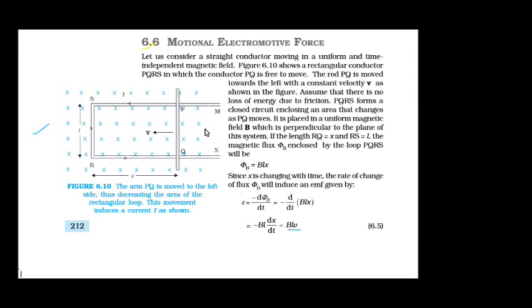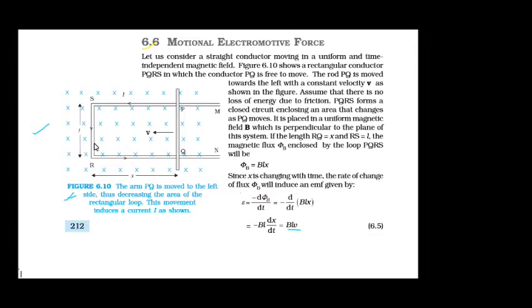Today we'll start with section 6.6 Motional Electromotive Force. Let us consider a straight conductor moving in a uniform and time independent magnetic field. Figure 6.10 shows a rectangular conductor PQRS in which conductor PQ is free to move. So here in this figure, PQ is free to move with a velocity v, and L is the length of the